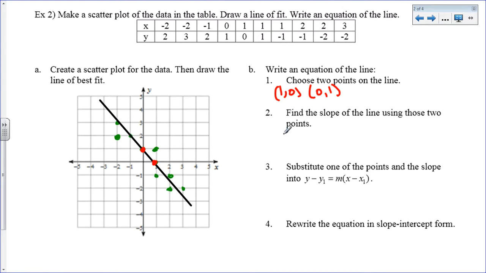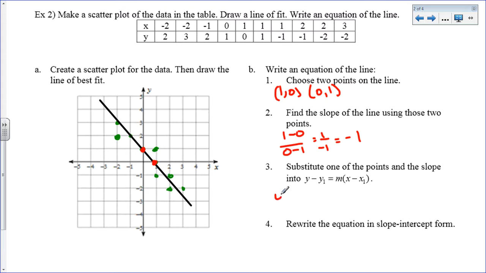So I'm going to go ahead and find the slope. We're going to do 1 minus 0 over 0 minus 1. So I get 1 over negative 1. My slope is negative 1. Now I'm going to use this and one of the points to plug in and find my point slope form